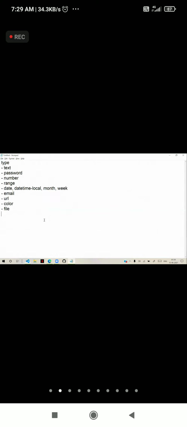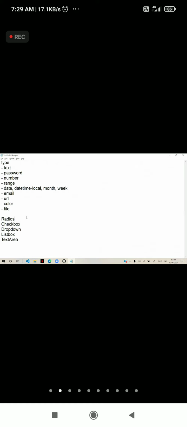Now that is input type. So input type is text, password, number, range, date, email, URL, color, and files. Earlier we had only a few input types, but we have several new input types available and you can use them, right? Next, after understanding these basic input types and the attributes for them, now we need to learn about the controls like radios, checkboxes, drop down, list box, text area. These are special elements.